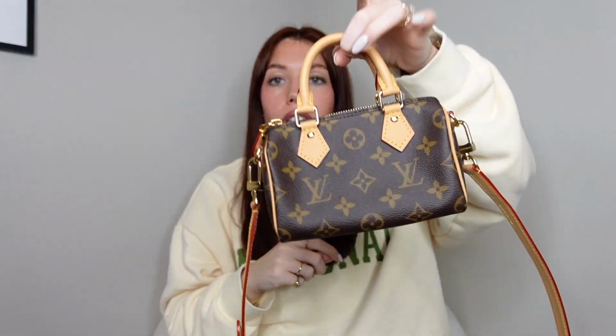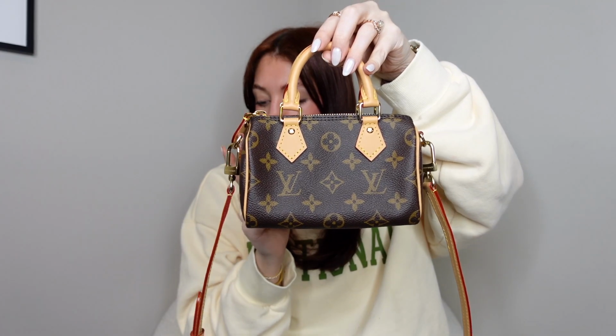So a couple of things that I want to go over when it comes to this bag really quickly, especially the new dimensions of this bag. I do know that there were some changes from the old one to the new one. So the length is exactly the same as the old one. It's 6.3 inches in length on both, and then the height on this one is 3.9, where I believe the old one was like 4.5. Or it was 4.9. It has shrunk, so they did take a little bit off the top here